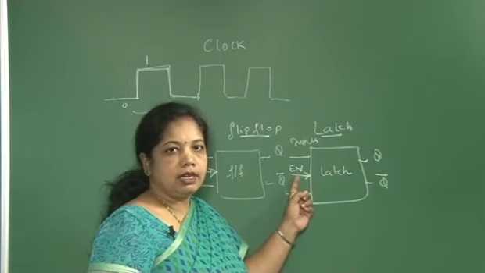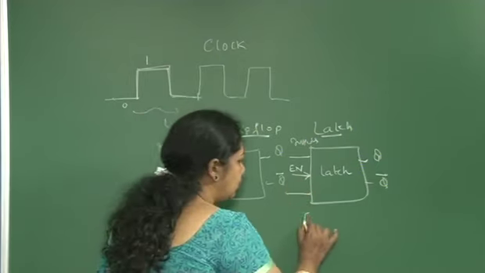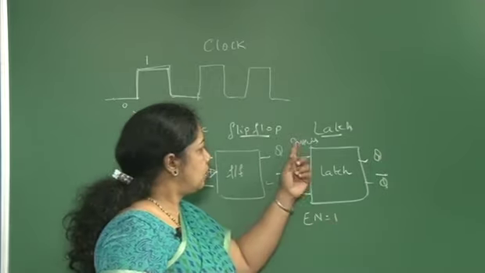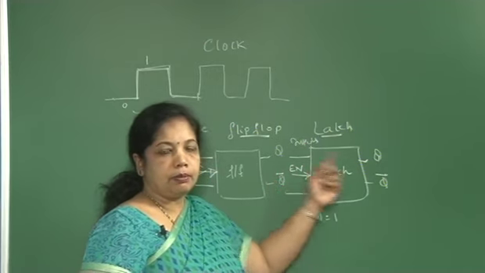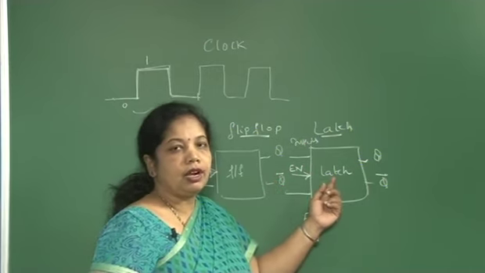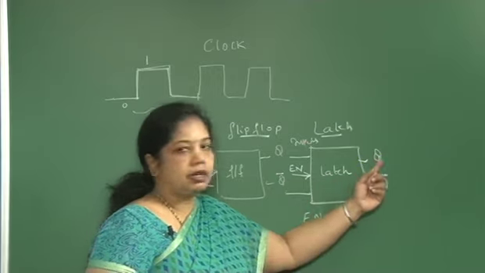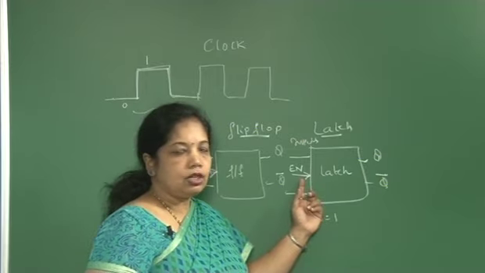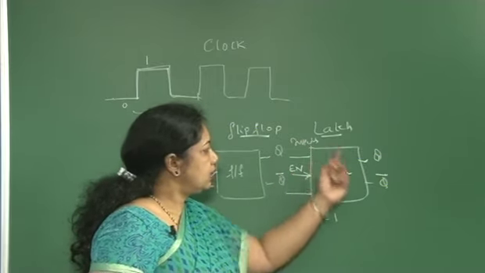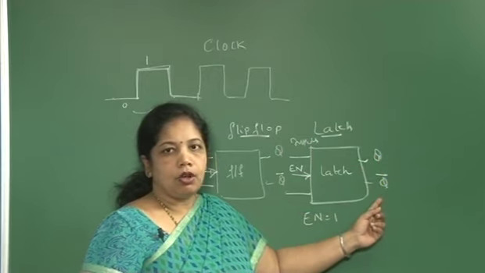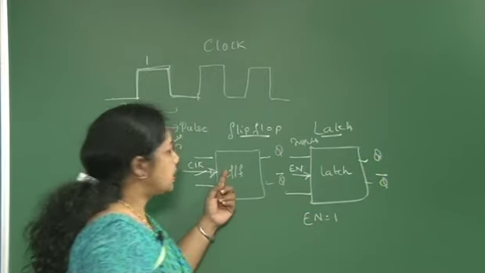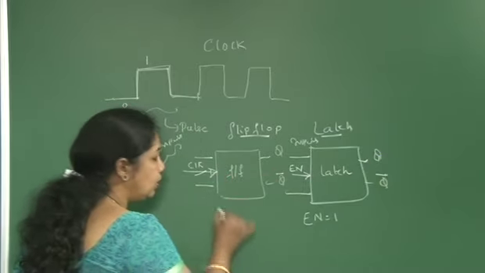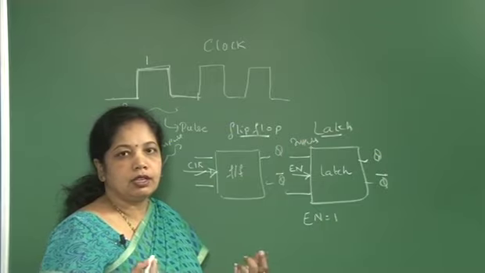Enable is nothing but a signal. I am going to give enable as 1. If I am giving enable as 1, then whatever input I am giving is sampled at the output side, based on the operation of the kind of latch I am using. Whenever the enable is on, you are transferring the inputs. Based on the inputs, you will get the output values. So flip-flops are edge sensitive, and latches are level sensitive. What do you mean by edge sensitive and what is level sensitive?